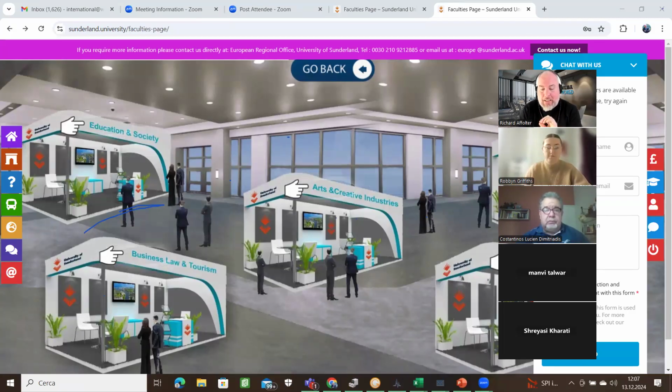And then after the deposit, they need to pay 50% before arrival. Correct? Yeah, and that'll include that deposit as well. So that'll contribute towards whatever they have to pay in that 50%. So it tends to just be a top-up amount to get to the 50%. For example, if they do a master's, I'll make an example, it's 12,500 for August 2025, with the scholarship deducted. If it's an international student, then the difference is